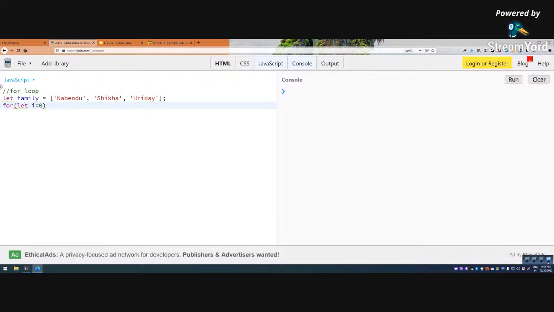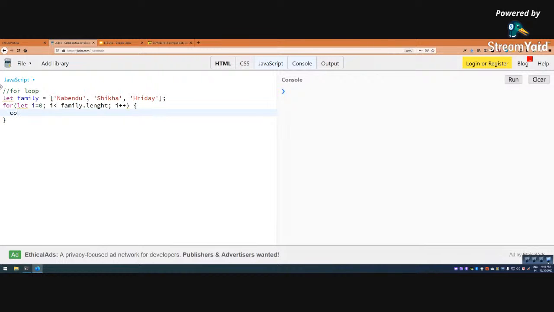We want to show the individuals, so this is the way how we do it, the longer way. And then i is less than family dot length, i plus plus,